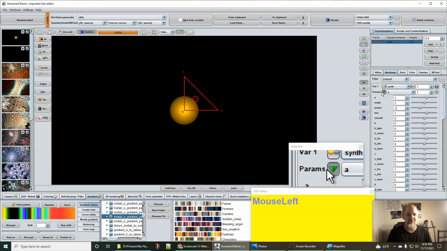Synth is a very advanced variation because, well, it is multiple variations in one. To get some helpful tips on how to use synth, if you come over here and click this I,